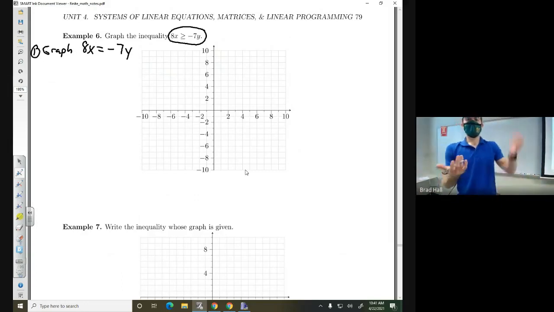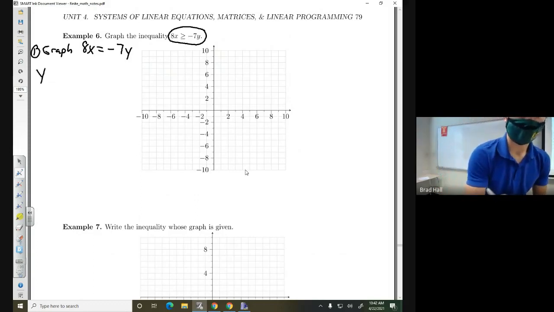Now, this is not in mx plus b form, so we don't get the slope and the y-intercept for free. This isn't in any other special form. So we could go ahead and find the x and y-intercepts because they didn't give us this in a nice form. The problem here is if you find the intercepts, I'll just think ahead, you're going to find (0, 0) for both intercepts. So instead,